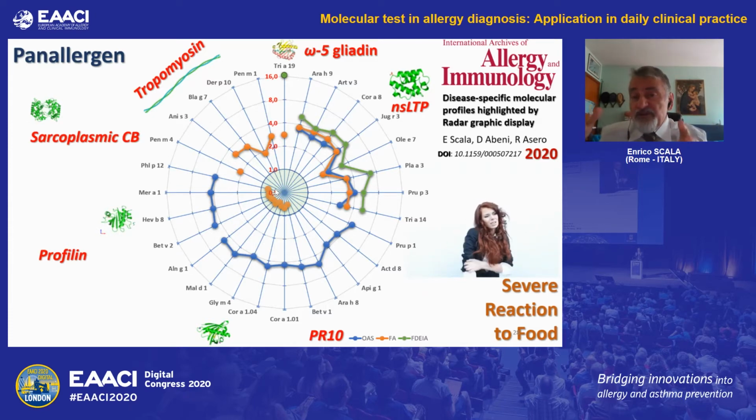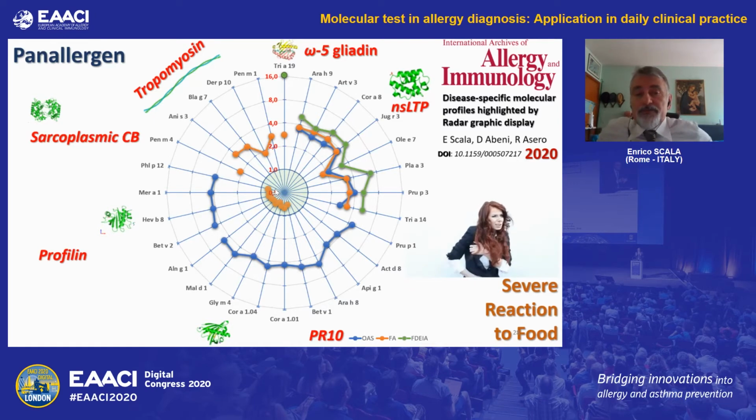And taken together, lipid transfer protein could not discriminate any condition related to food allergy, but the presence or absence of other molecules such as profilin or PR10 could be extremely important to define the outcome of your patient. And as you know,